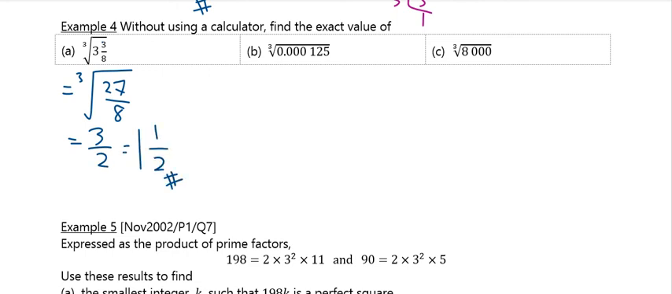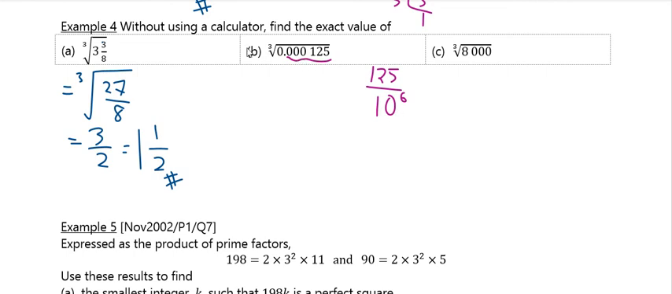So that's for part A. And next one is for part B, 0.000125. So here I will just straight away turn this into a fraction. So here 125, and then here 1, 2, 3, 4, 5, 6. So this is 10 over 10 power 6. And when you try to turn this back, 125 over 10 power 6, you will get